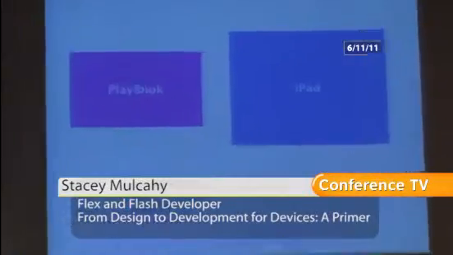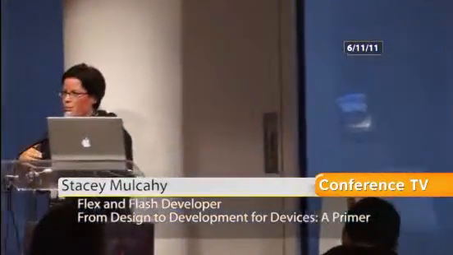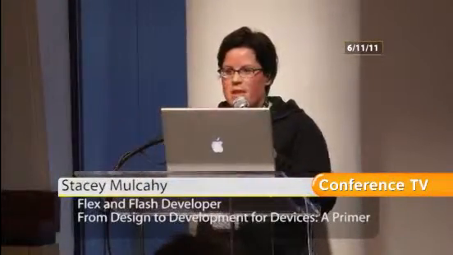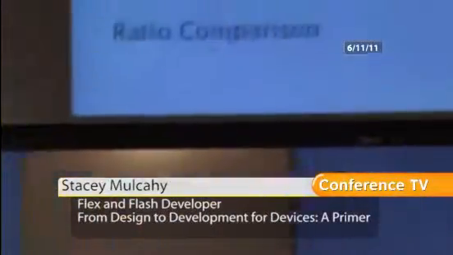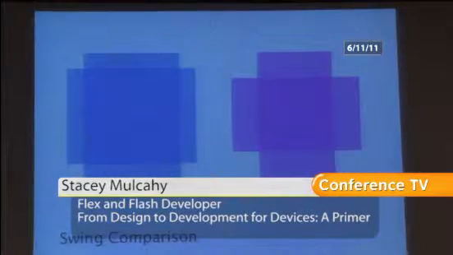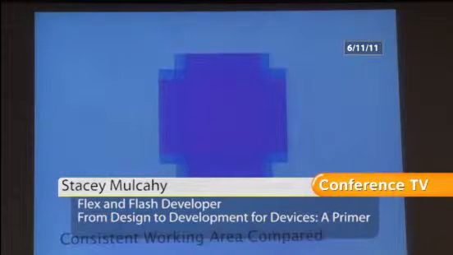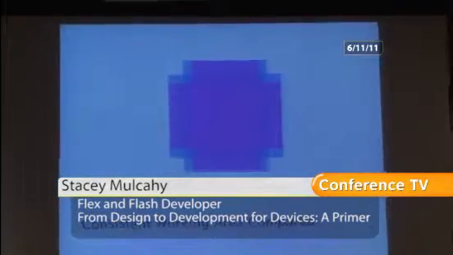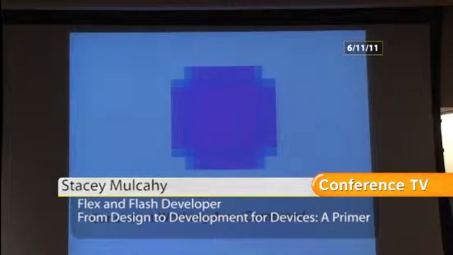So the iPad is different because it's larger and squarer, and things like the PlayBook are a little bit harder because the size is more of a 16:9 kind of thing than larger and square. And so you get into the ratio comparisons. You get into the swing comparison. Swing comparison is the idea that when you swing your device around, how do you have to move these items? So how much swing do you have to do to your interface? The iPad has less of a delta and change when it comes to the swing. And when you're coming to something like PlayBook, it has way more. So your design needs to account for that.